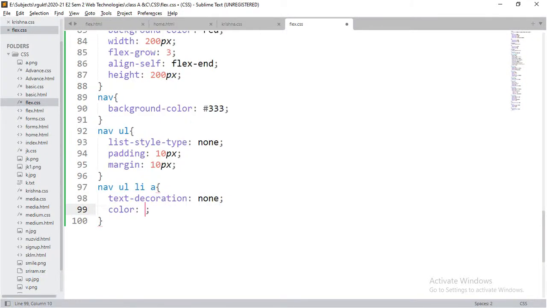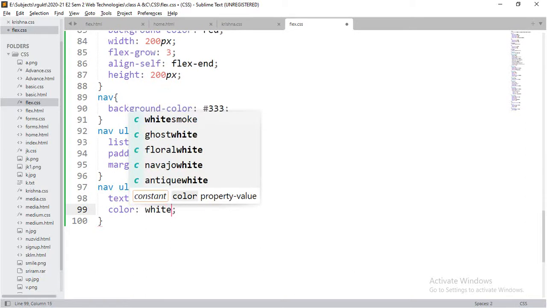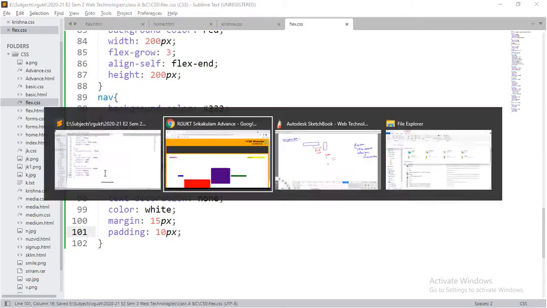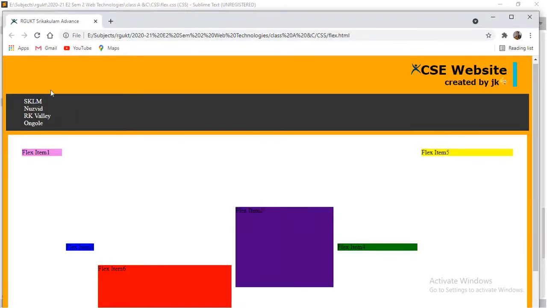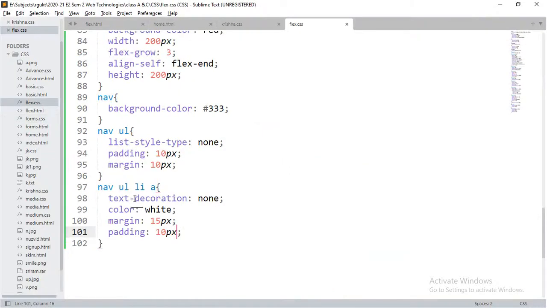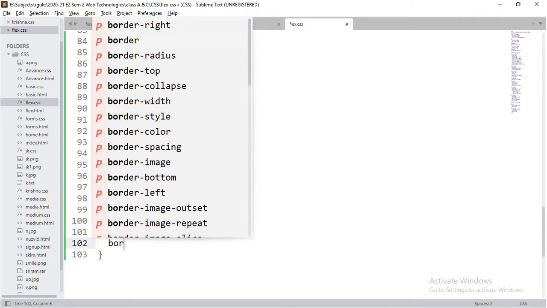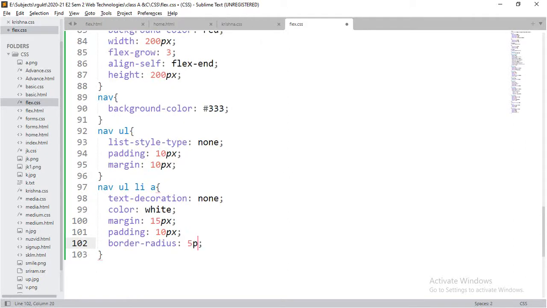The color, let me take white, and I'm going to take a margin of 15 pixels. Padding also I will take 10 pixels. Observe, guys. These are links. To make it clearer to visualize, I'm going to define a border radius of 5 pixels.